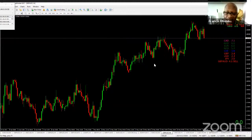So you see what I'm saying, guys? Even when the pair or the asset is trending up, you can definitely take a counter trend trade as long as you know how to trade it. I would say do that only with experience, guys. Only with experience should you do that. Okay, so let's now carry on and see how or when to get into this trade, this pound